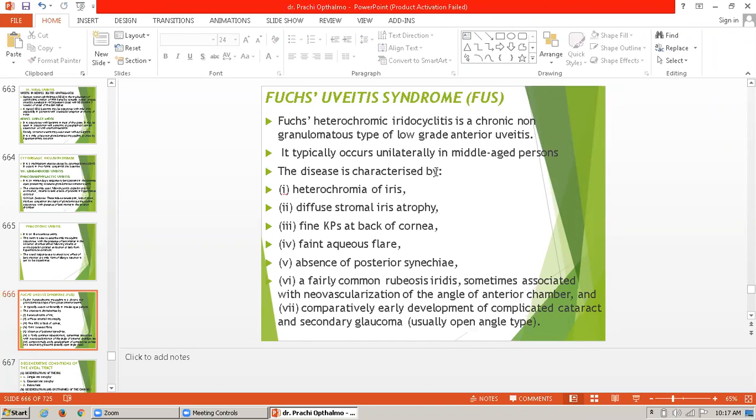It is typically unilateral in middle-aged persons, and the disease is characterized by heterochromia of iris, then diffuse stromal iris atrophy, fine KPs at the back of the cornea, faint aqueous flare, absence of posterior synechiae,